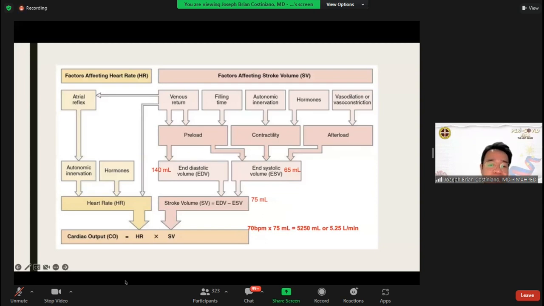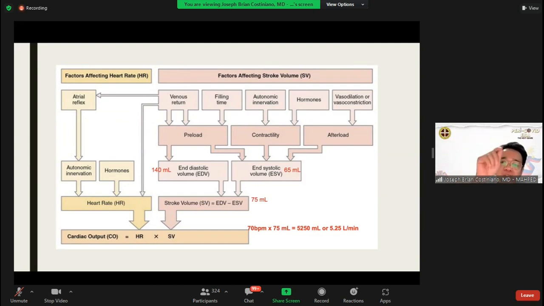Ito lang talaga, no? I think I already discussed this to you, no? Nung nag-cardiovascular physiology tayo. Please do not forget this one. When you encounter questions like this, write this one in your test paper. You can write in your test paper, ha? From what I know, listen to the instructions, but then the instructions usually is you can write on your test paper, no? So what I did was naglagay talaga ako, no, ng mga ano ko ng eto SV, HR,